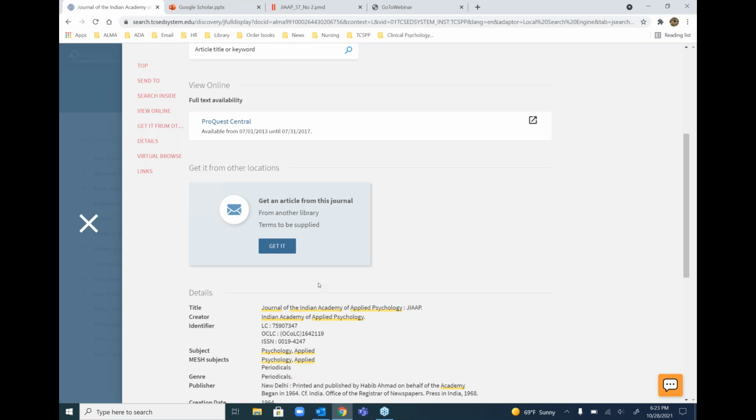That could be coming from public libraries, from another private college, or from the UK or a different country. So interlibrary loan is free for all students, faculty, and staff. All you have to do is click on this "get it",